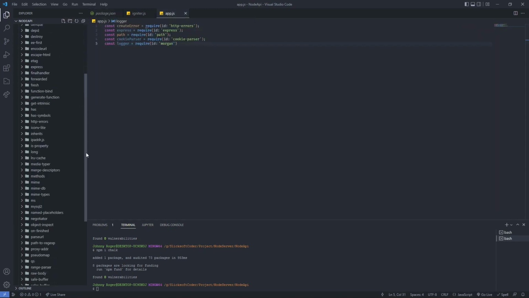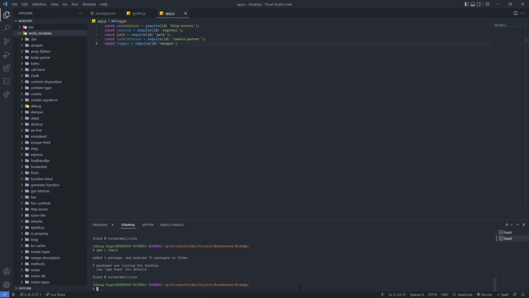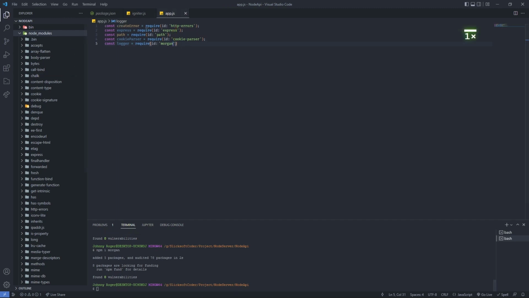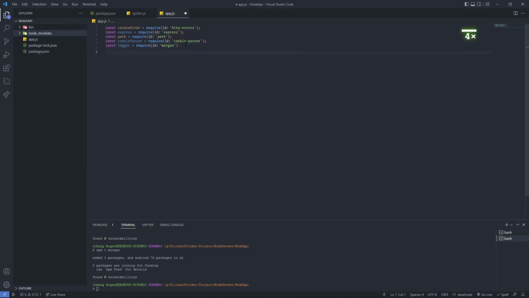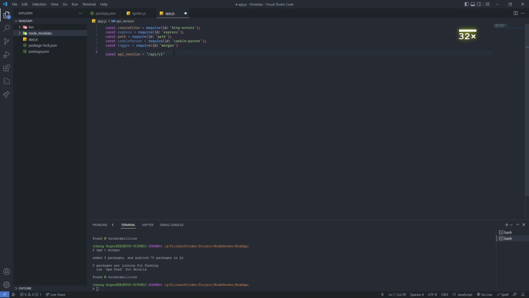Let's check it. Okay, we don't have a morgan package, so we need to install it, npm i morgan. Here we go. So that's it for our importations, and I'm going to make a constant for my API version. API version equals /api/v1 URI. Okay, now